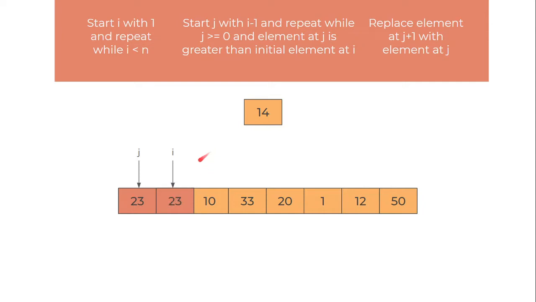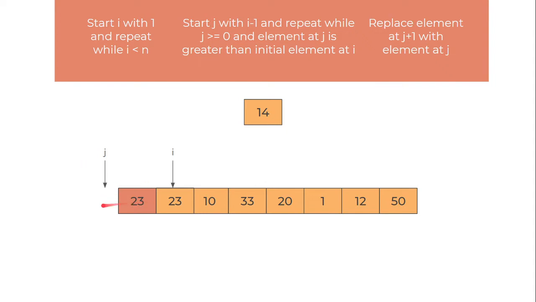Now what that does is it's basically shifting this element forward. Okay, so we keep shifting all the greater elements forward by one step until we find a position where we can place 14. I hope that makes sense to you, right? So right here I've written how we have to move j. So right now we just shifted the element at j to j plus 1. So we shift j back.